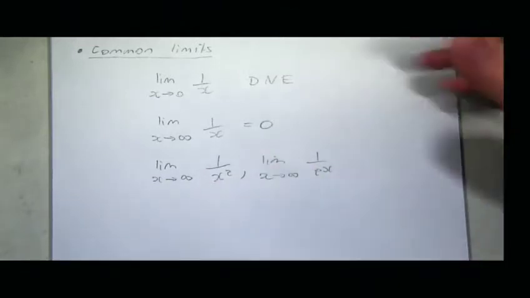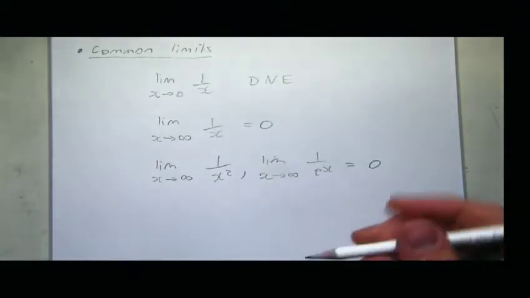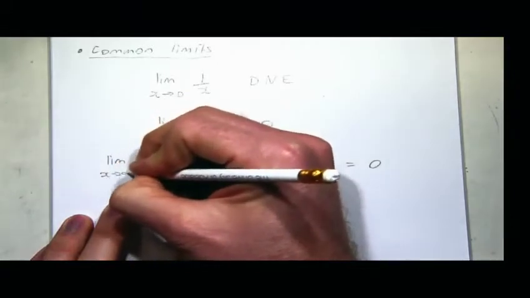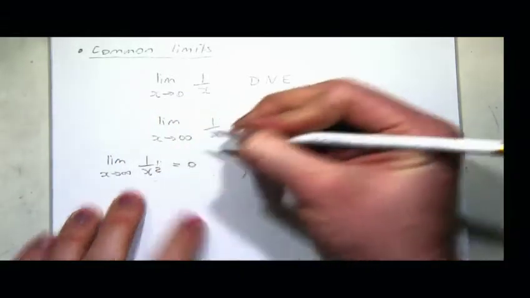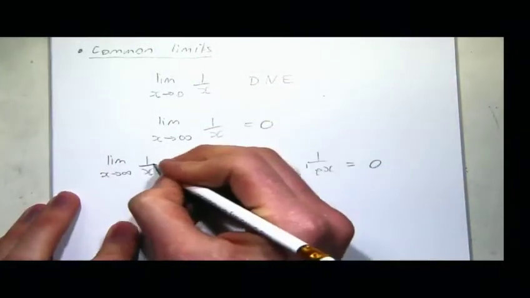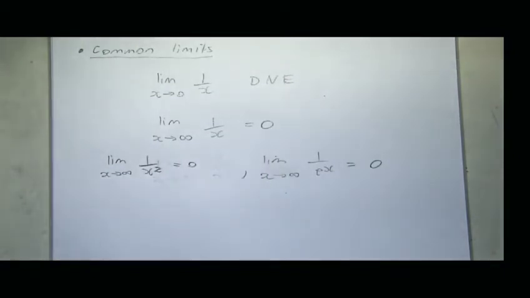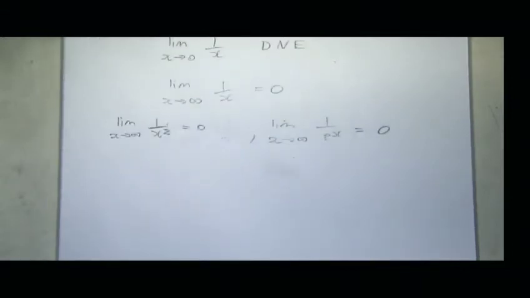Those two things in particular are really useful to know, x squared and x cubed, and both of them are equal to 0, okay? But I might just move this over a bit and just put them both in. Okay. Just because it's just good, they're really part of this thing here, they come from that, but you're allowed to just say that if you want. Okay, that's the common limits involving x's,